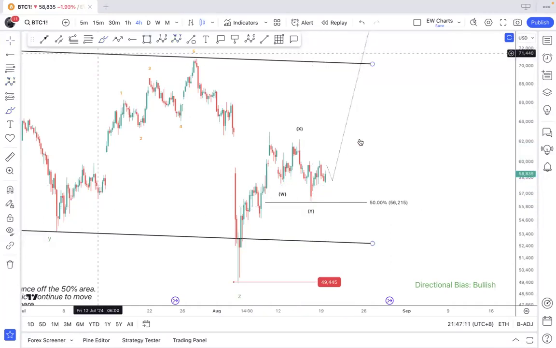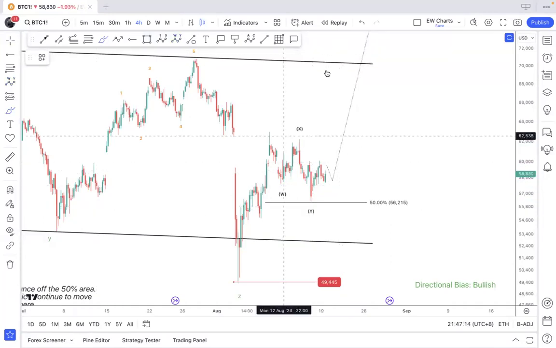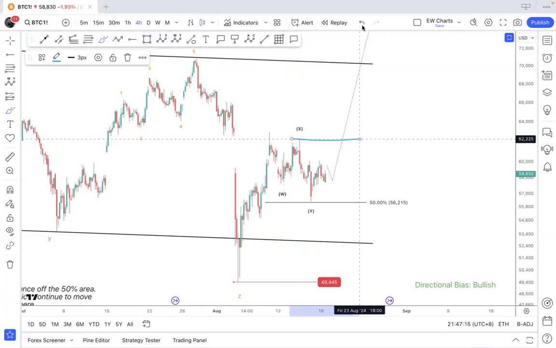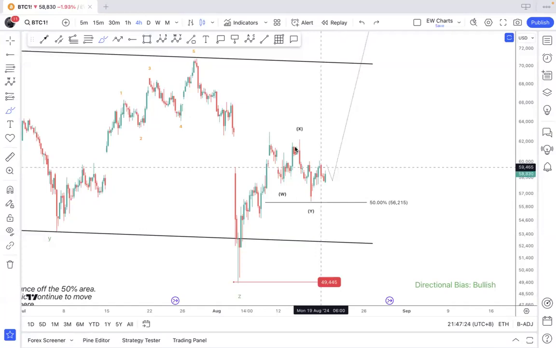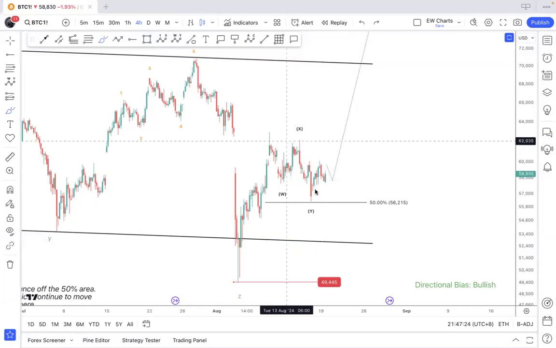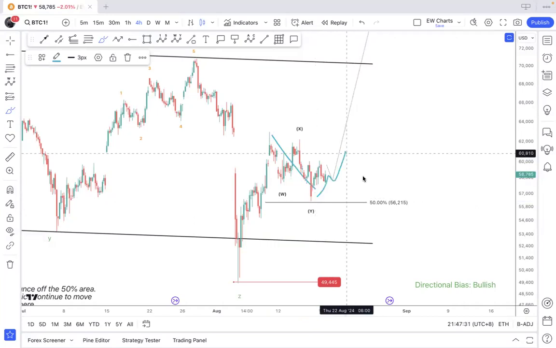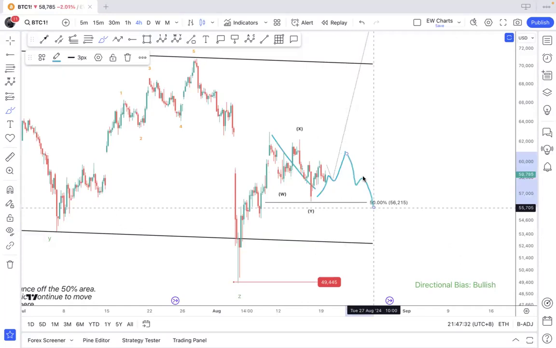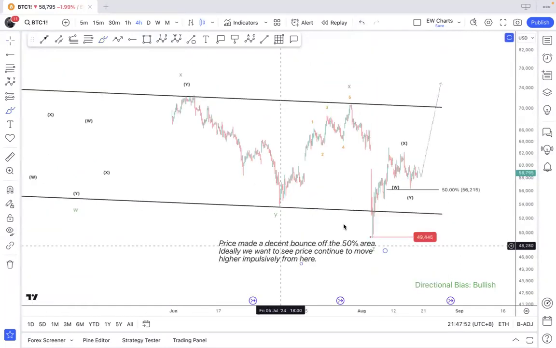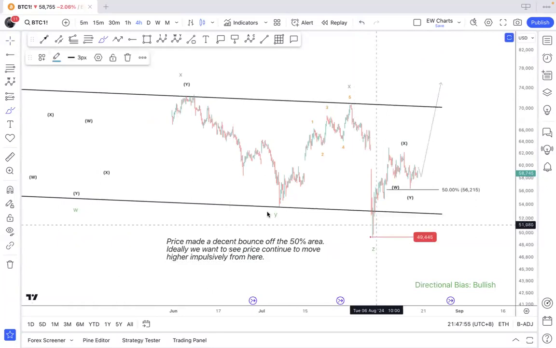Pretty decent bounce. Whether this correction is complete or not, the confirmation is if you can get a break impulsively out of that swing high, then this trade is more or less confirmed, completed. The only thing to be cautious here, of course, is this three-leg can be just a cycle of one. And then of course we can go up a little bit and then maybe make another move down before the push up, right? Very possible.